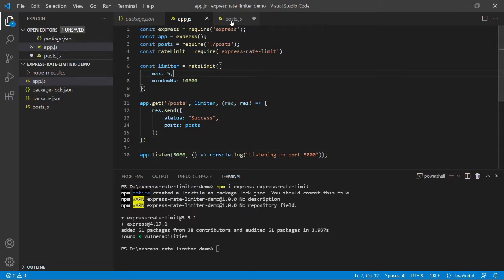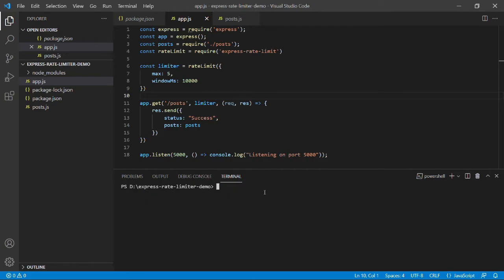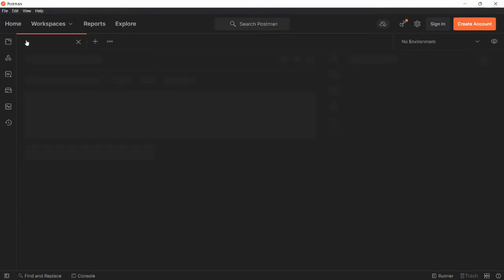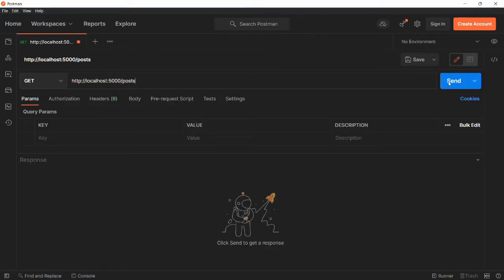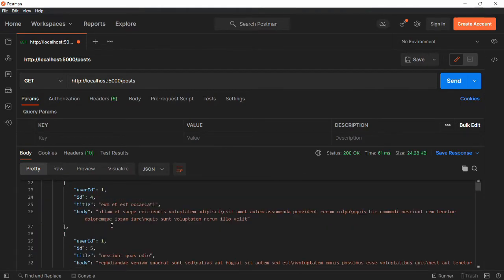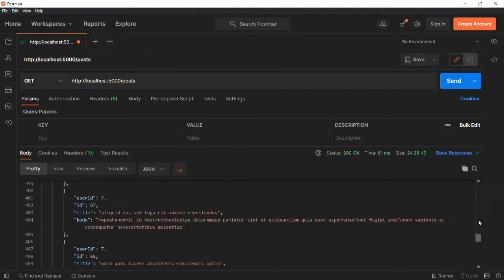So I'll save this file. I'll save this dataset. And I'll open up Postman for this. We'll test this endpoint on Postman. Before even testing this API, we need to run this application. I have Nodemon installed in my system. So I'll use Nodemon for this. So it's running fine, there are no issues. I'll open up Postman now. I'll quickly create a GET request for our endpoint. If I click on send, we get a successful response. We get our posts array in the body. This is perfectly fine, everything's working.